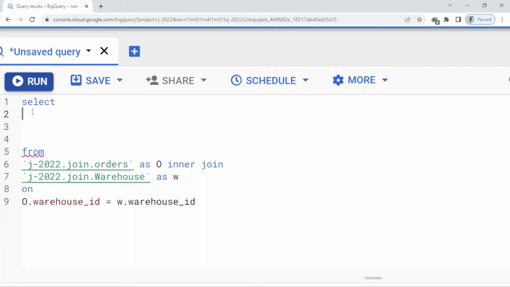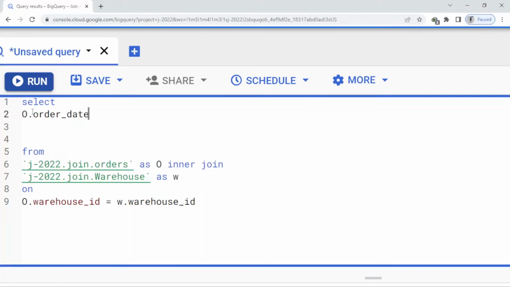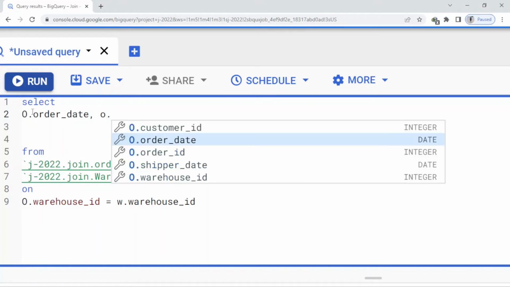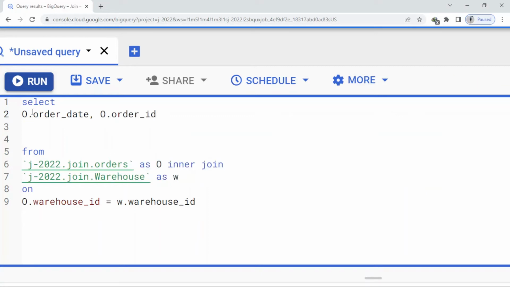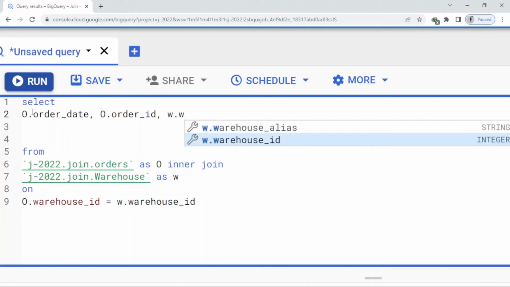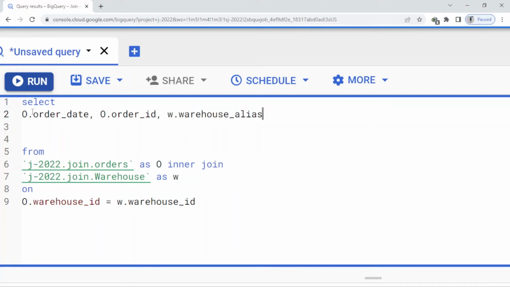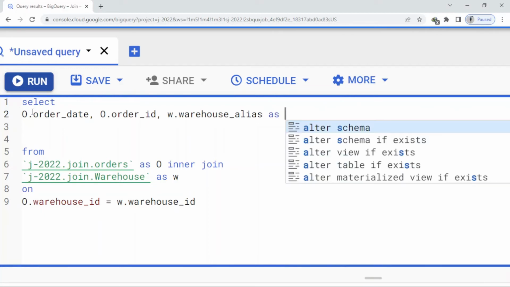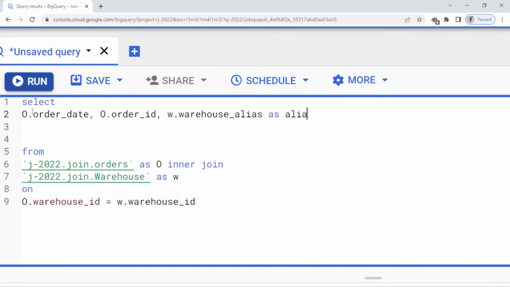So here I type O dot order date, comma, O dot order ID, comma, and here I write the W dot warehouse alias. I want to name this one as alias, comma. Here I need to find the